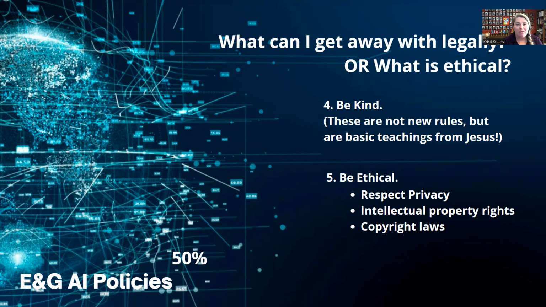Number 2, intellectual property rights. So if somebody wrote a cool craft book, and they have a bunch of different craft ideas, that's intellectual property where they worked very hard to come up with those crafts. To be ethical, you don't want to use all the same crafts from the same book, because then you're just taking that person's content.